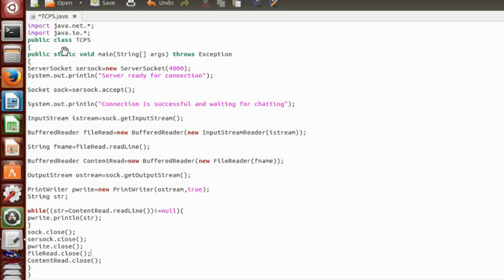So here is the server side of the TCP connection, that is TCPS. Okay, so socket programming for server. Again the same packages we are importing, we have already discussed these two packages during client, so I'm skipping that. And here my class is TCPS. You should save the file with the same name as whatever you are giving for the class. So tcps.java is the file name. And next I'm coming to the void main, which actually throws exception. What is this throws exception? We have already discussed it during the client programming, so I'm skipping that.